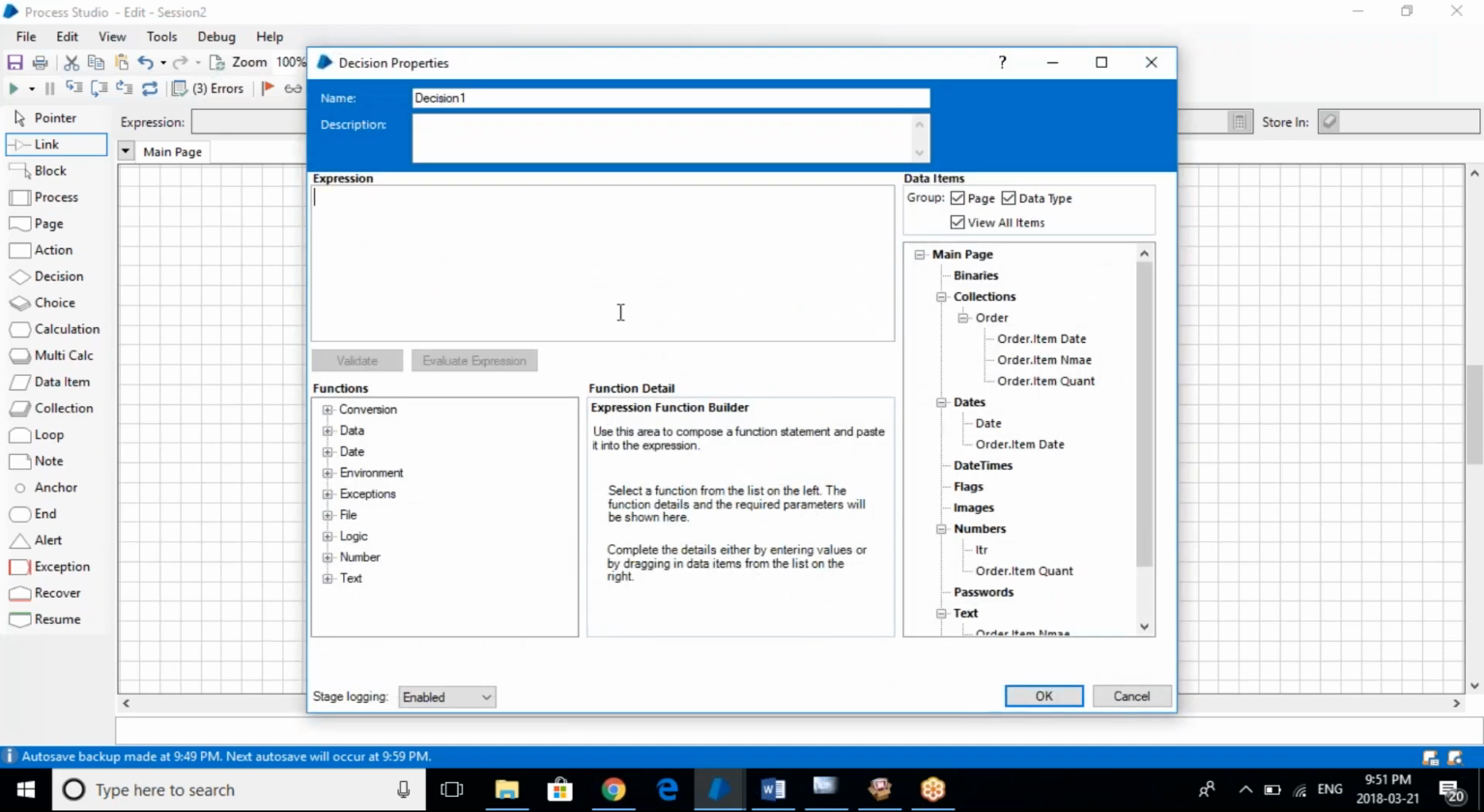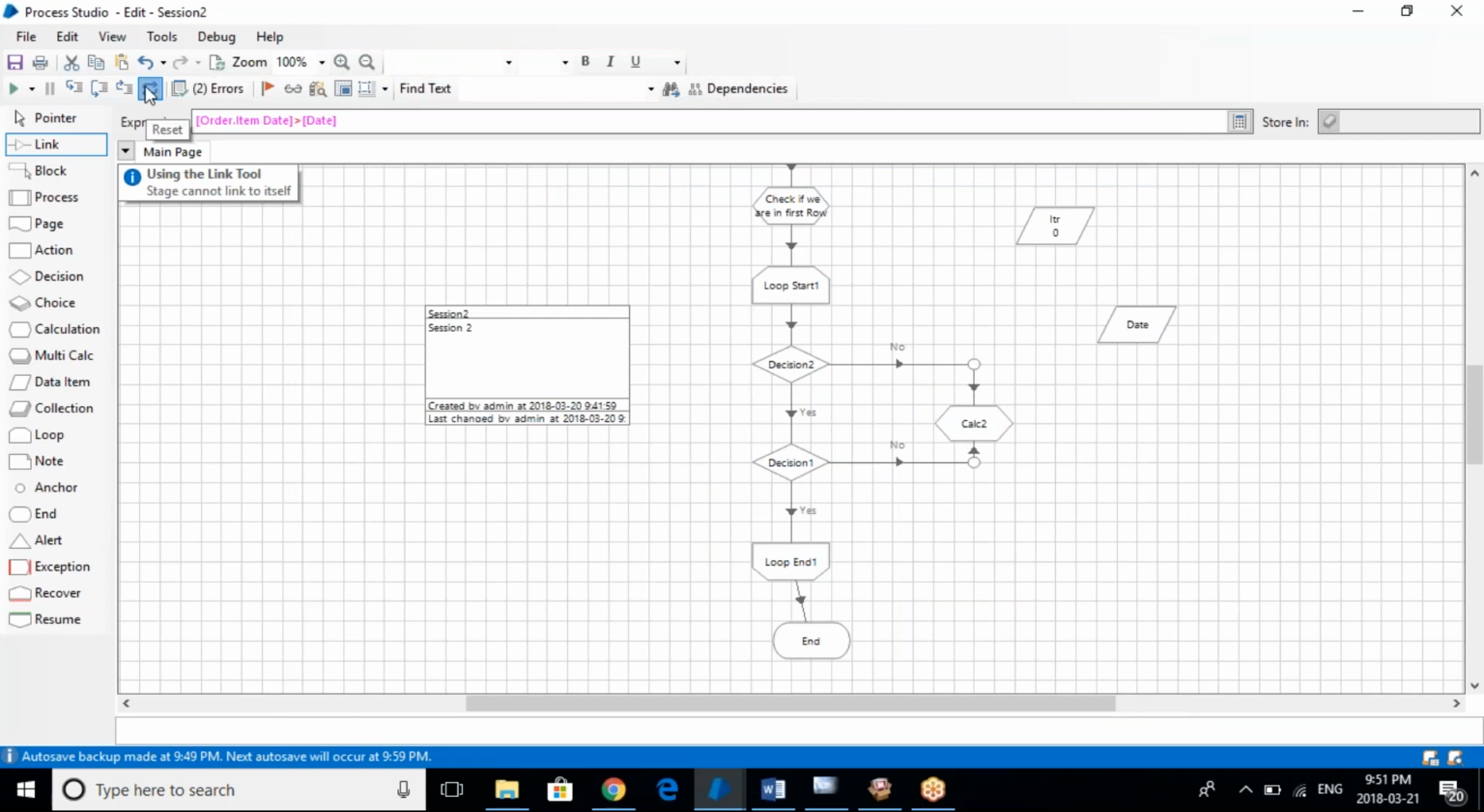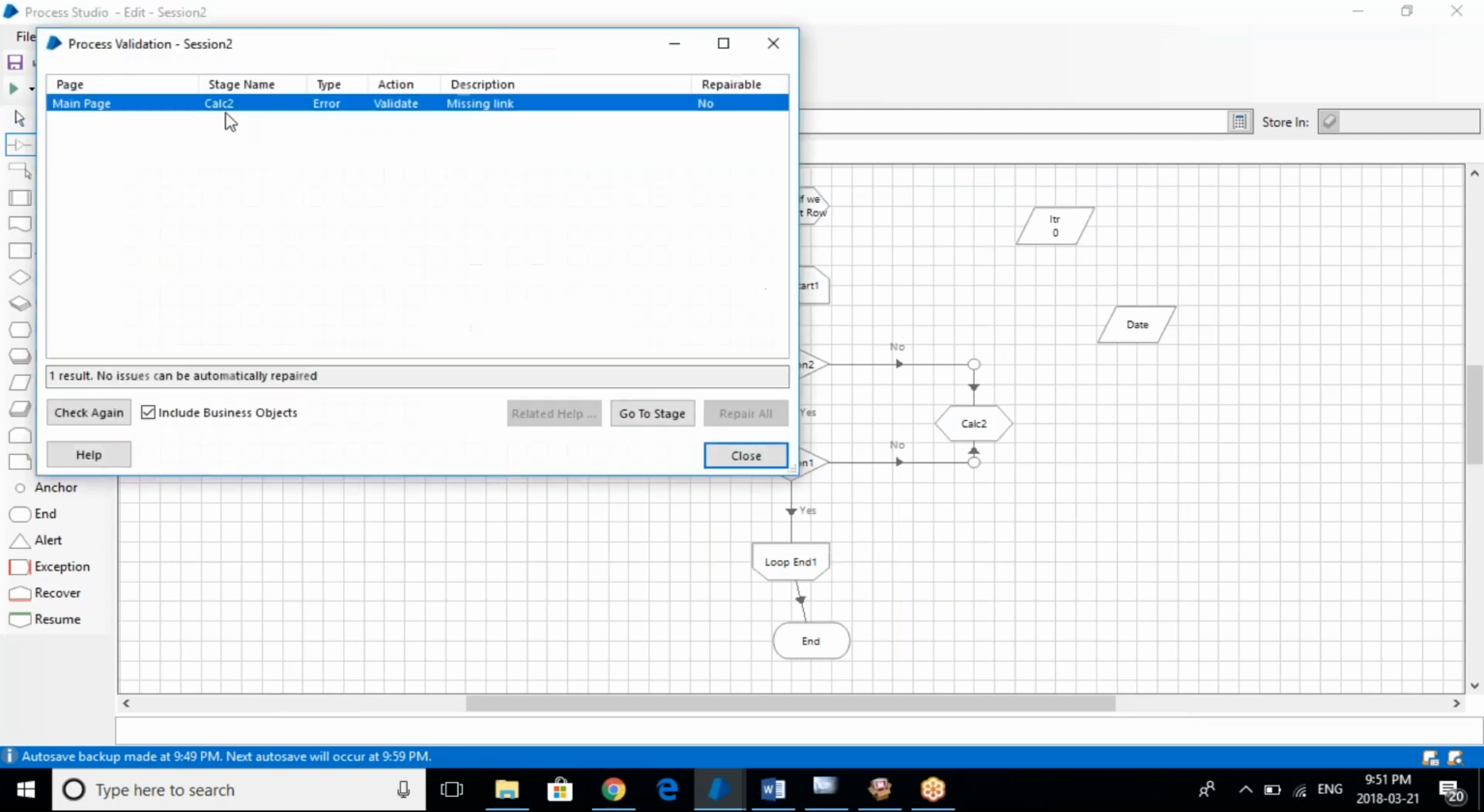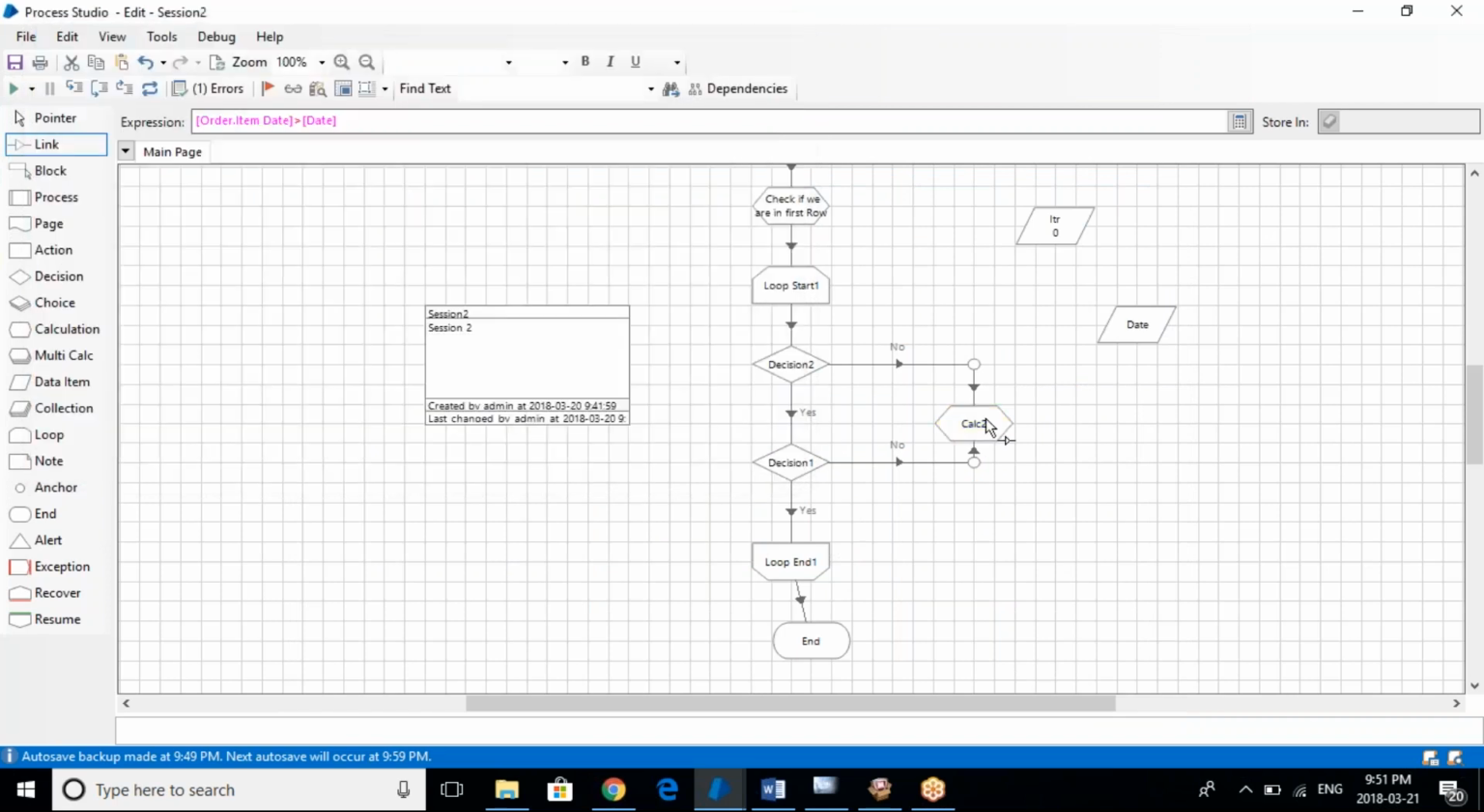So here we can build an expression where we compare the date, if this date is greater than this particular date. Validate. So what errors are we getting? Calculation 2. So go to this stage